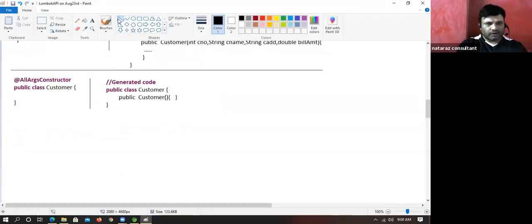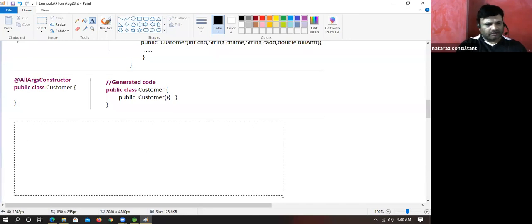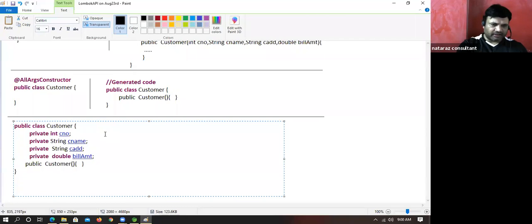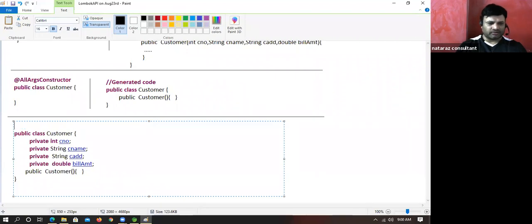What is the next possibility? Come on. Mr. Akash Kumar, just now I said there is one more annotation called @RequiredArgsConstructor. Please listen. No args constructor. What is this? No args constructor.